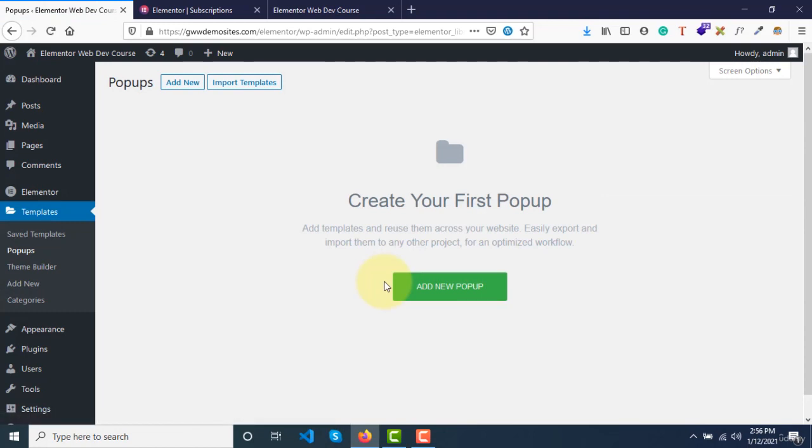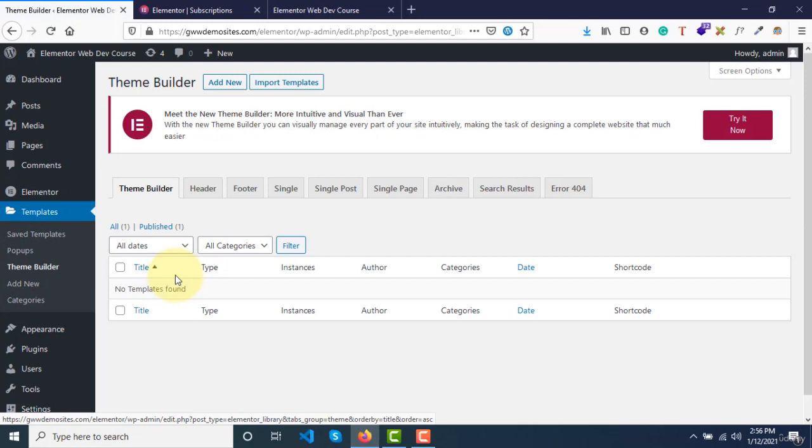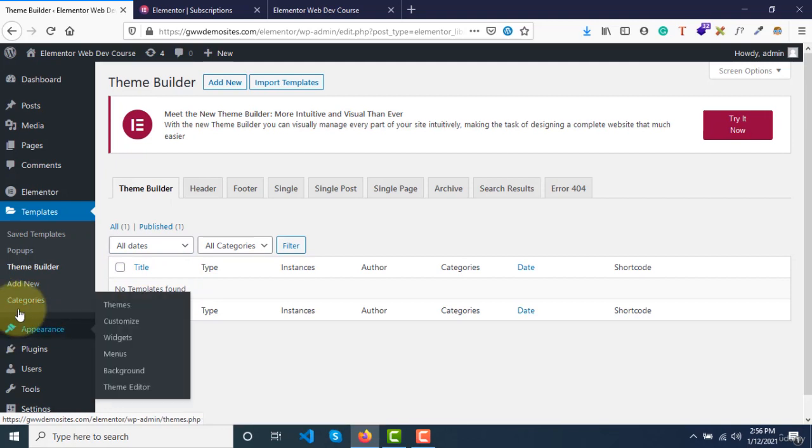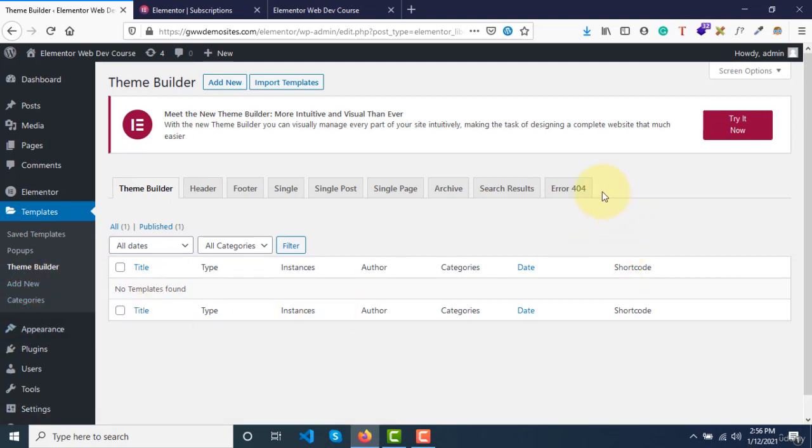Trust me, this is going to be a really helpful feature for you, and this theme builder is going to be of immense help in our later videos as well to create dynamic websites. And then if you install WooCommerce, we'll have 3 to 4 new templates for single product, archive product, and search results, and some more features. Template styling options will be available here as well. We'll see that in the WooCommerce section. However, now under Elementor Pro, we'll see all these features.